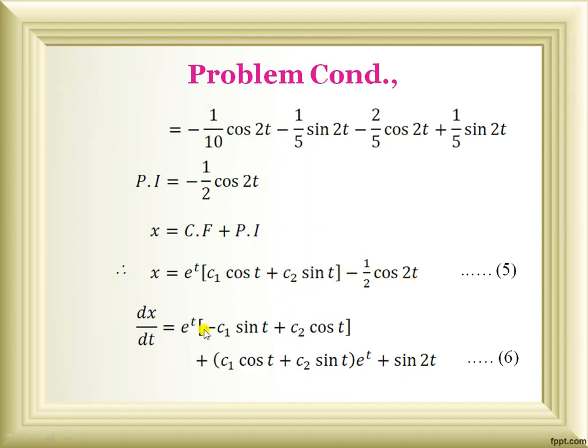So immediately I'm finding the derivative of the above x. E power t in the first term containing two terms, so by using product rule, e power t into the differentiation value: cos becomes minus sin, sin becomes plus cos, plus I am just keeping this whole term and differentiating e power t with respect to t, I will get e power t alone. Minus 1 by 2 into cos 2t, differentiation value is minus 2 times of sin 2t, minus 2 gets cancelled, minus into minus is positive. This is our dx by dt value.